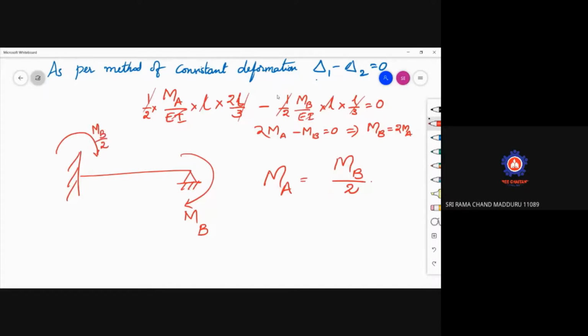Just understand once again. I will repeat it. Once again, just listen. Here, we are considering a beam with a fixed end and the other end. When we apply a moment on the far end, that means a beam with fixity at the far end. A is the far end for B. So when I apply a moment of MB, this moment induces half of the moment on the fixed end. That value is MB by 2. That is the meaning. That is the theorem that is developed.